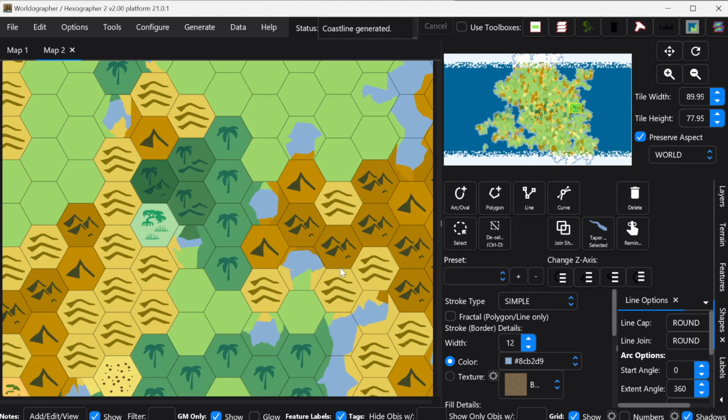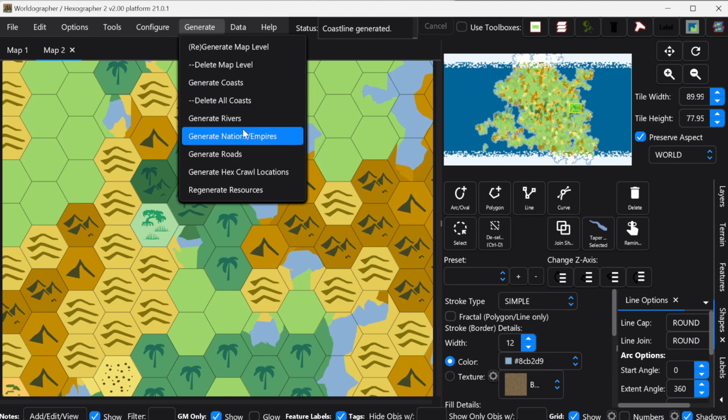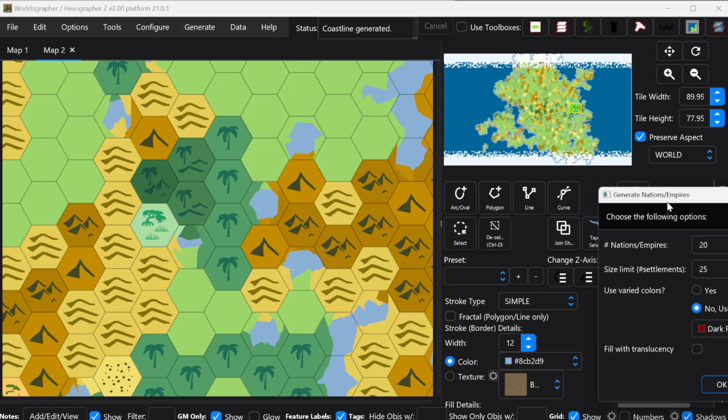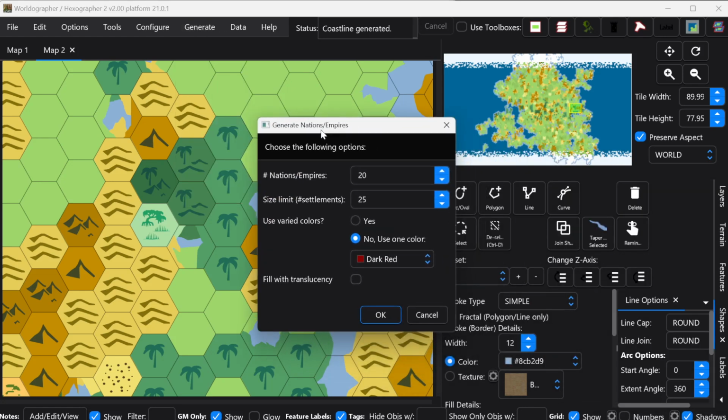So next up, this is something that has been greatly revised: Generate Nations and Empires. For some reason, it was limited in how large each empire would be, to only being like 5 cities or towns or so. So now we've given you a way to limit the overall size of each one. Now, because we've got 20 empires, I'm going to set this to, say, 15 as the maximum,